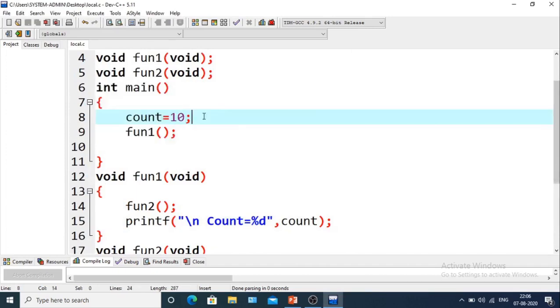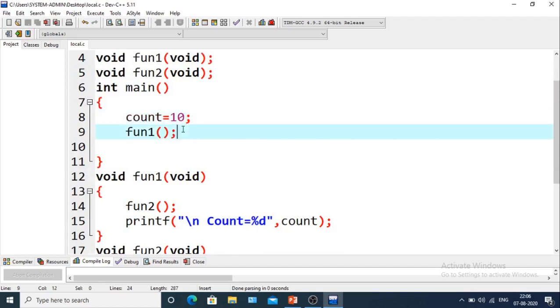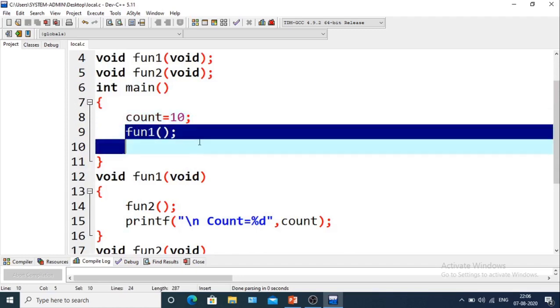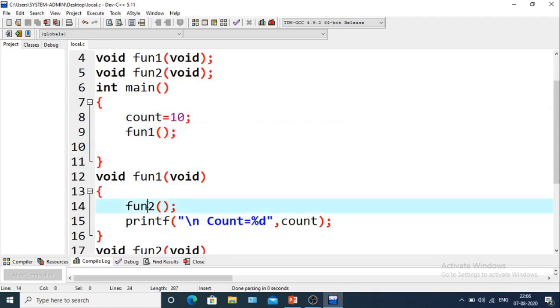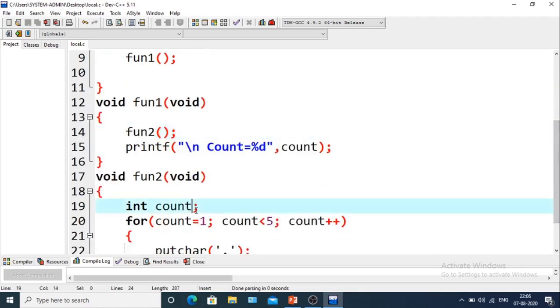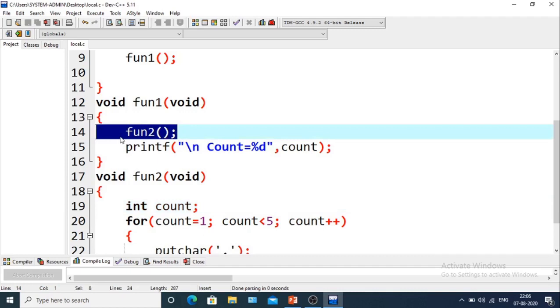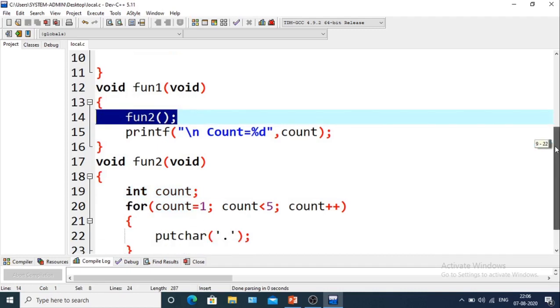So this is the main function. Here the value of count is 10. After that function 1 will be called or executed. Before that, the first statement is that function 2 has been called, so it will come here and 4 dots will be printed. This function 2 has been executed.